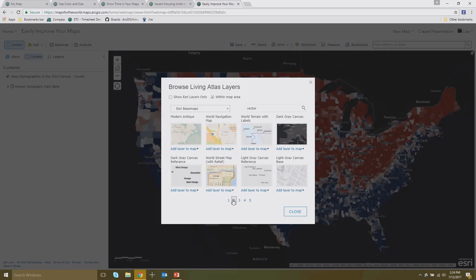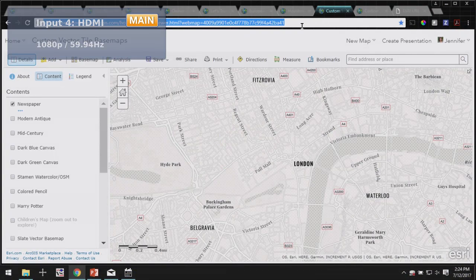That human geography map we were showing doesn't exist as a layer yet. So in the meantime, yeah, you might write that one down. It's the Human Geography Base Map. It's super effective. There's also a full blog talking about the Human Geography Base Map, if you feel so inclined to go hunt that one down. But when it comes to just the basic vector tile base maps, you can find them within the Living Atlas. And if you type